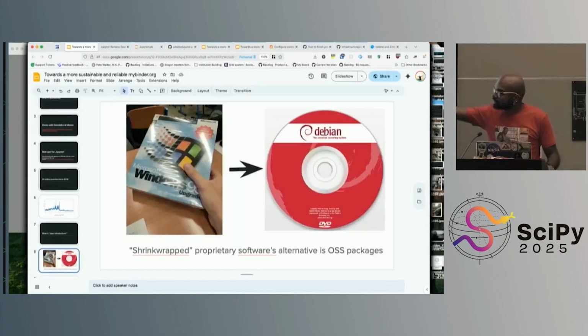So that is Windows 95. It's shrink wrapped in the literal sense of the word. It's a shrink wrapped package that you physically go to a store, buy, come home, install it, and then use it. And this required you to have a certain amount of expertise in how computers work to do so. And I would think of